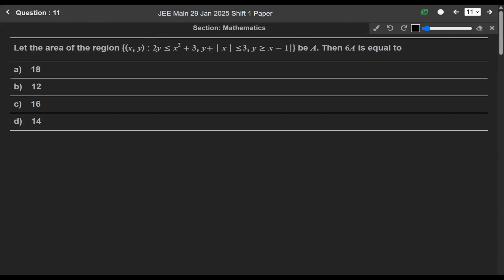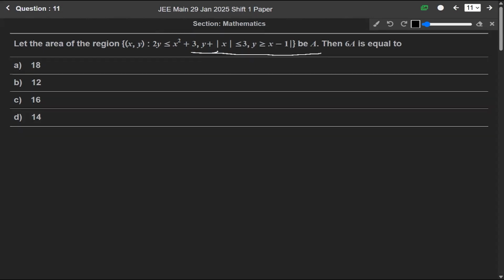Now next question is 11. Let the area of the region {(x, y)} be A. Then 6A is equal to... We are given the region: 2y is less than or equal to x square plus 3, y plus modulus of x is less than or equal to 3, and y is greater than or equal to